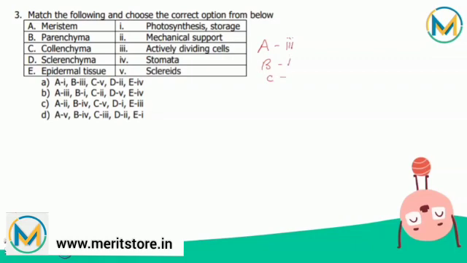Then C, collenchyma. It is the chief supporting tissue in young dicotyledonous stems. The tissue has the capacity to expand and give tensile strength to the body. So collenchyma is there for mechanical support, that is 2. Then sclerenchyma. It consists of thick-walled dead cells. It is of two main types, fibers and sclereids. Sclereids are short and possess extremely thick lamellated lignified walls with long tubular simple pits. So D is 5, that is sclereids.